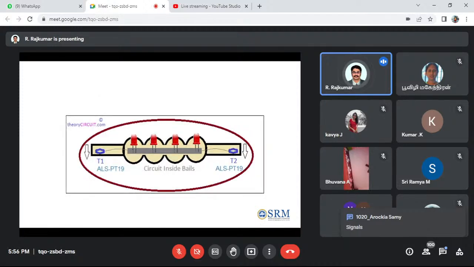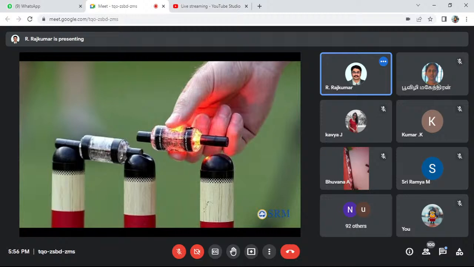This is another circuit, the same image. This is the actual outside of the image. Can you guess how much it costs?